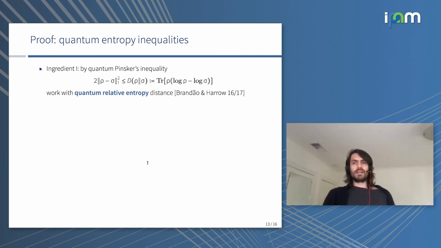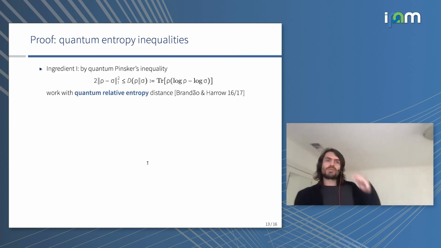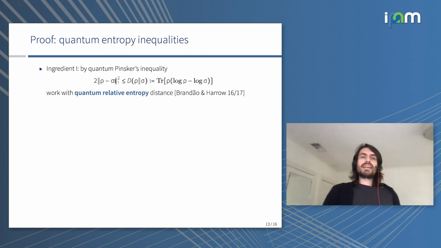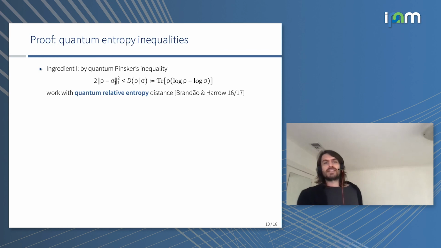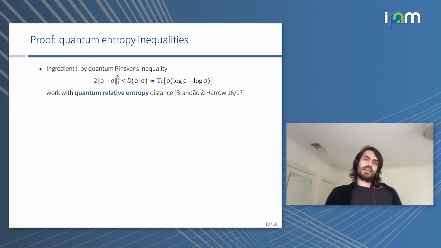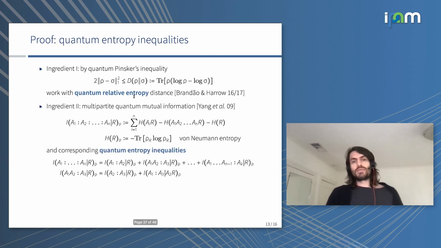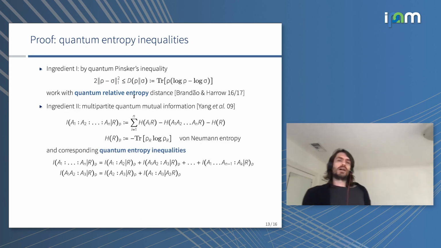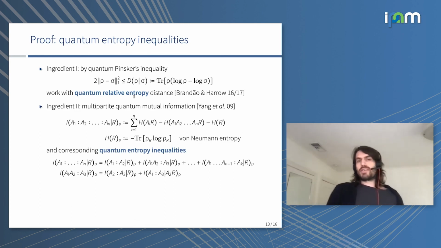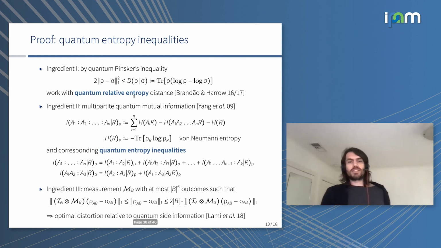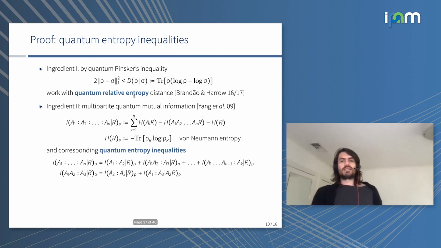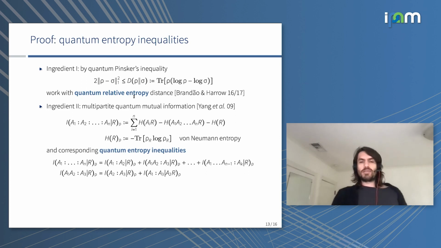Good. I have to skip the proof, but here is where quantum entropy would come in. The idea is that we're interested in bounding this distance, this trace distance here. But by Pinsker's inequality, we can equally work with quantum relative entropy. And for quantum relative entropy, it's much easier to quantify monogamy of entanglement, because we have all these chain rules for how we can shift systems around. There are some definitions here, but the point is we employ these quantum entropy inequalities